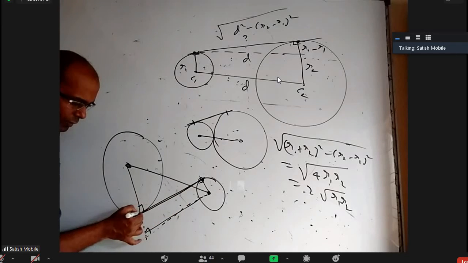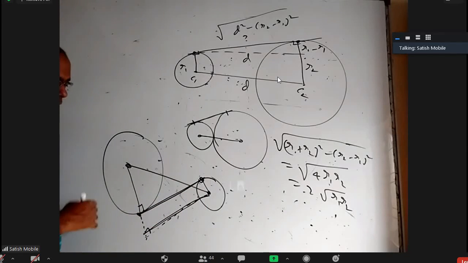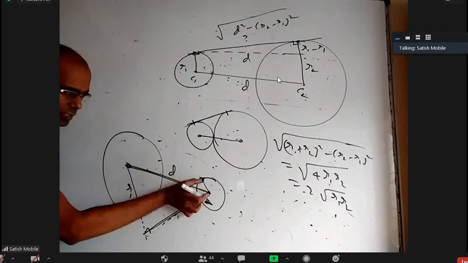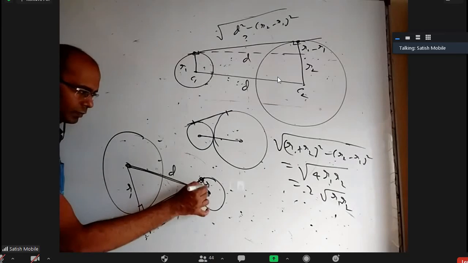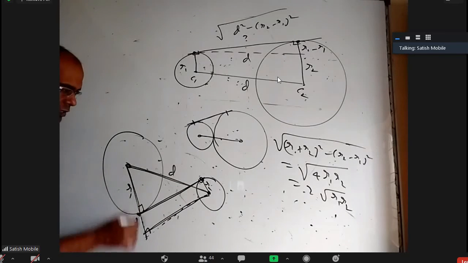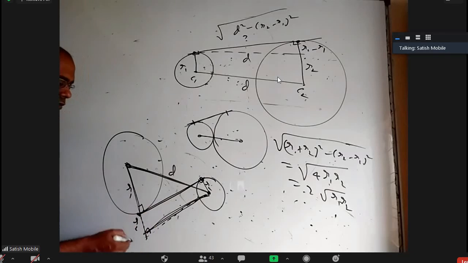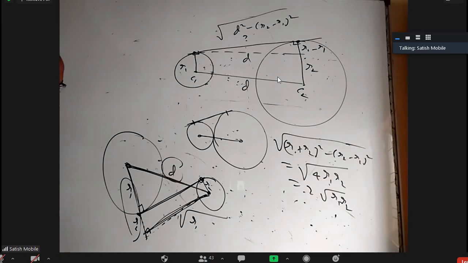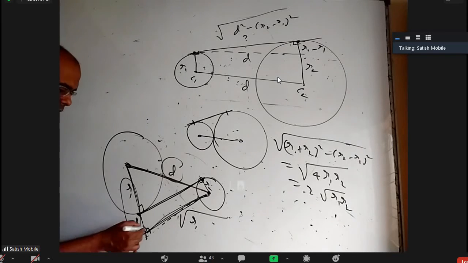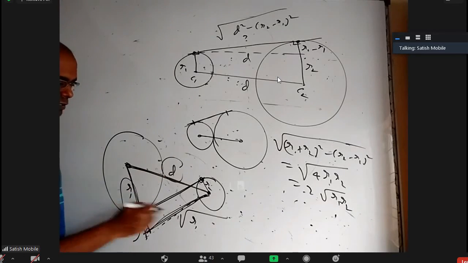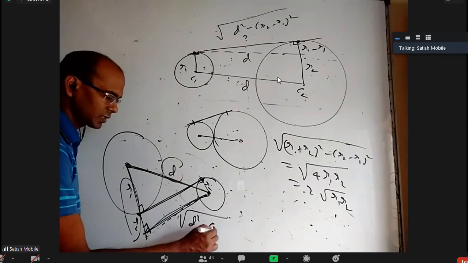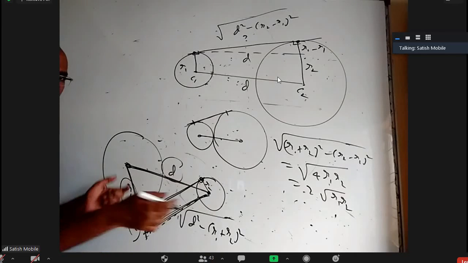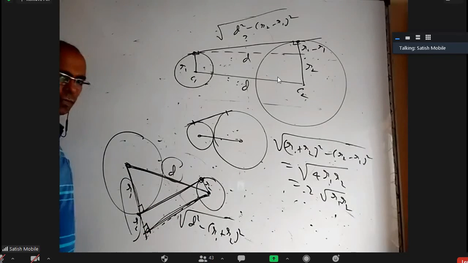Whatever length of transverse common tangent you want, that is exactly this one. How to find that? This is d. This is r1 and this small length, this is r2, so this is also r2. So this is r1 plus r2, this is d. So what is this length? Root over this whole square minus this. That will be, no, did I write wrong? Where is 90 here? 90 here. So this is the hypotenuse, this is there. So root of d square minus (r1 plus r2) whole square. Anyway, d is greater than r1 plus r2 for them to be like this. So this is bigger, this is small.